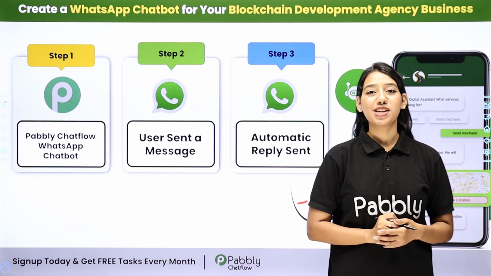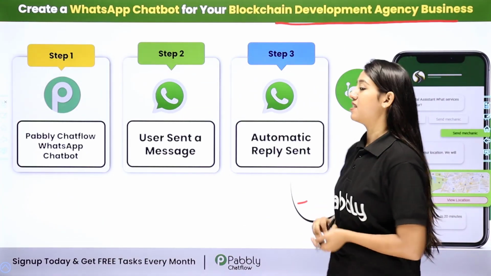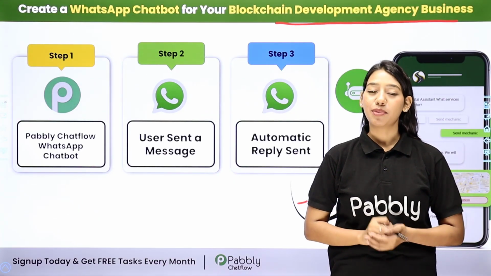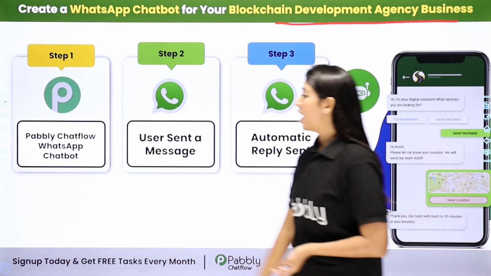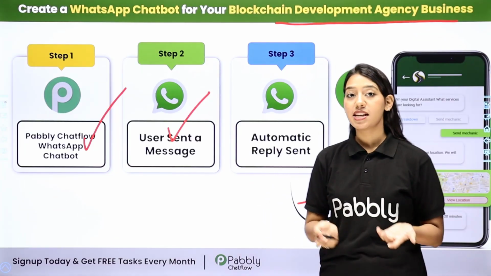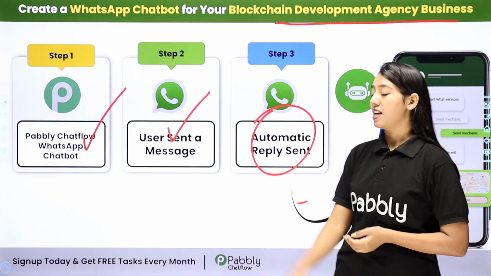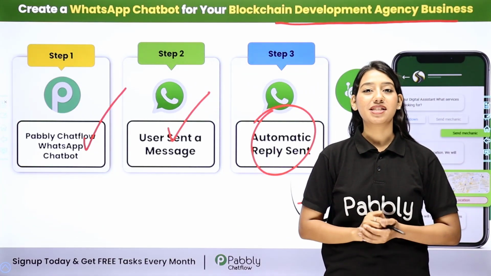In today's video, we are going to learn how to create a WhatsApp chatbot for your blockchain development agency business. If you run a blockchain agency business, then manually handling client inquiries can slow down your onboarding process. So with the help of Pabbly Chatflow, we are going to create a WhatsApp chatbot which will explain your services to users and also book appointments on your behalf automatically on WhatsApp itself. Now, if you want to learn how to set up this amazing chatbot, then let me show you the step-by-step